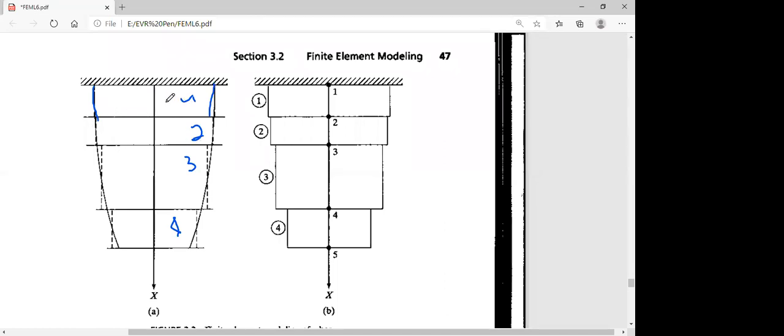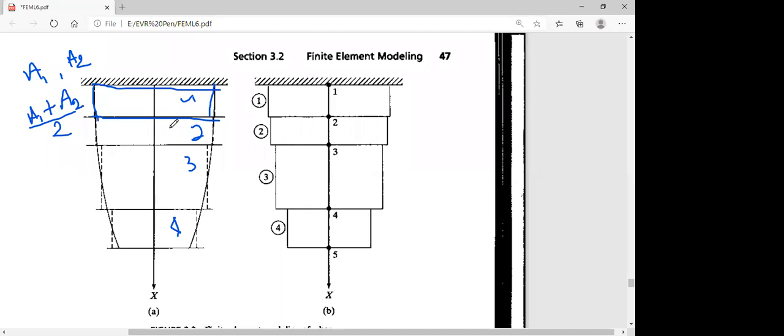So for example, if you consider element 1, the cross section area at the top of this element is greater than the cross section area at the end of element 1. Let us assume the area at the top is A1 and at the end of the first element the area of cross section is A2. To get a uniform cross section for this element, we average these two areas, (A1 plus A2) by 2. So that is the uniform cross section area of element 1.